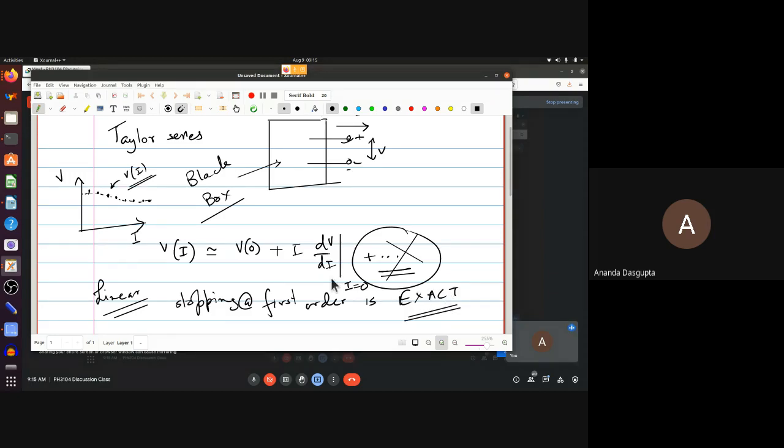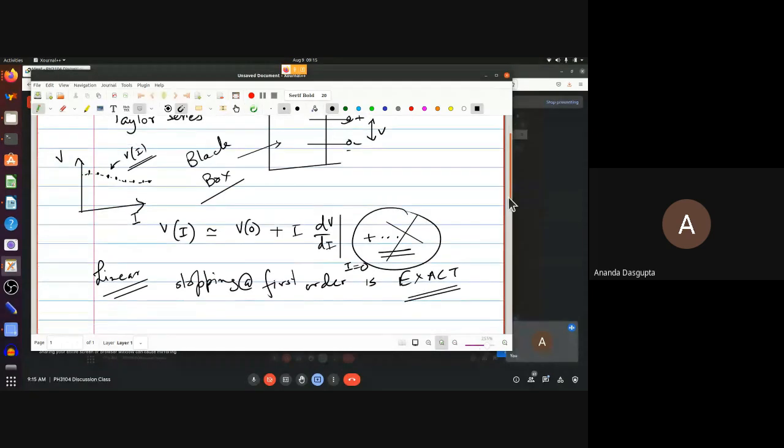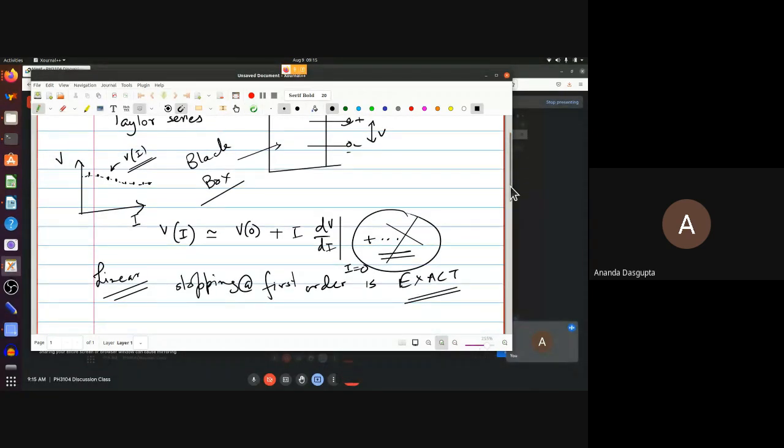However, I would really want to emphasize that first of all, in electronics, we deal with nonlinear devices all the time. The interesting things are actually nonlinear. Things like diodes, transistors, etc. have nonlinear responses. The voltage current curve is not really a straight line. So for such devices, stopping at first order is an approximation. It is just expected to be a decent approximation unless the current is too huge.